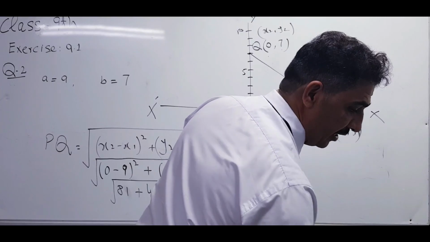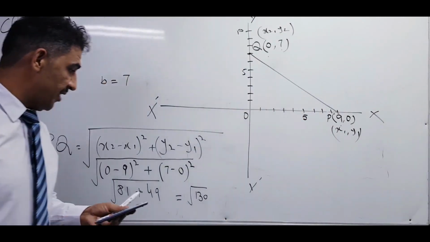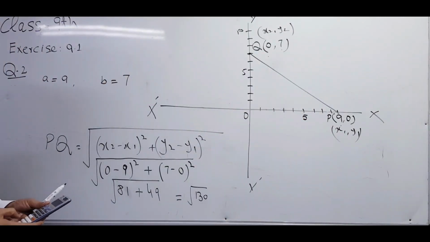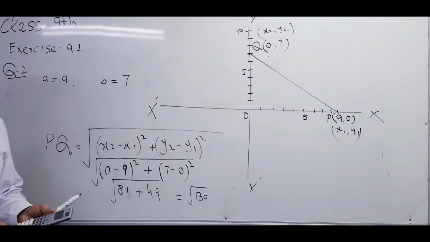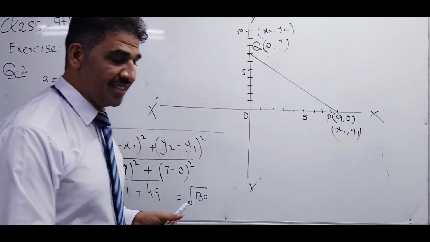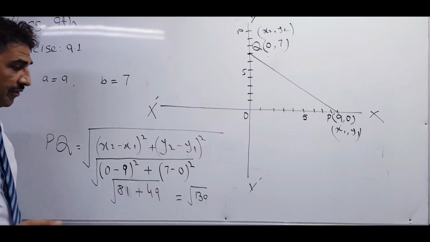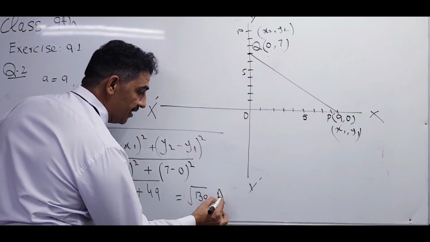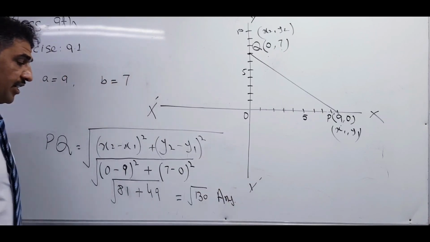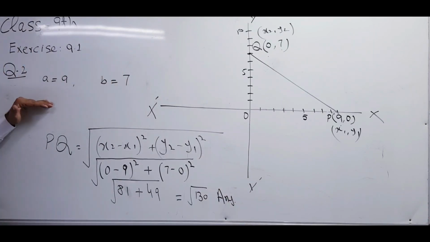We can check with the help of a calculator. Sometimes it's a perfect square. Square root of 130. No, it's not any perfect square. A perfect square means, for example, 16 threes are 48. If 16 is a perfect square factor of that, then that is our final answer. So the answer is root 130.